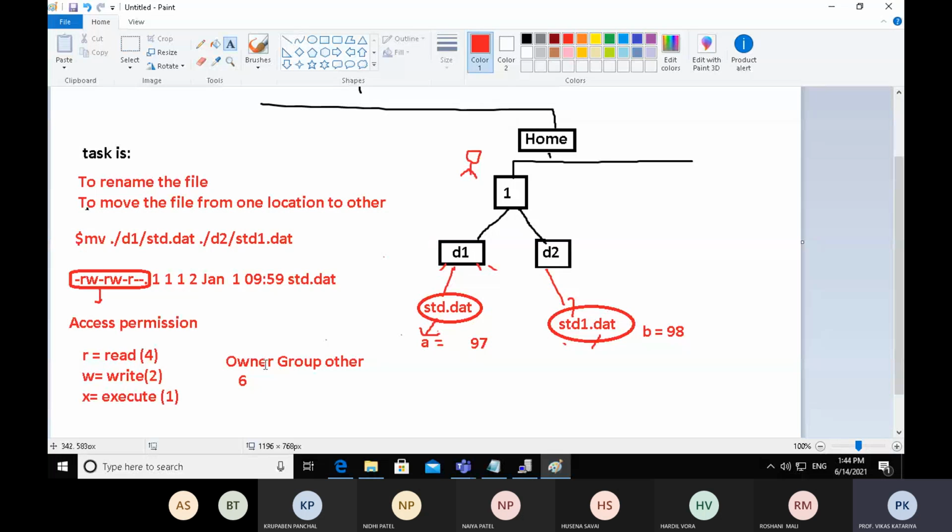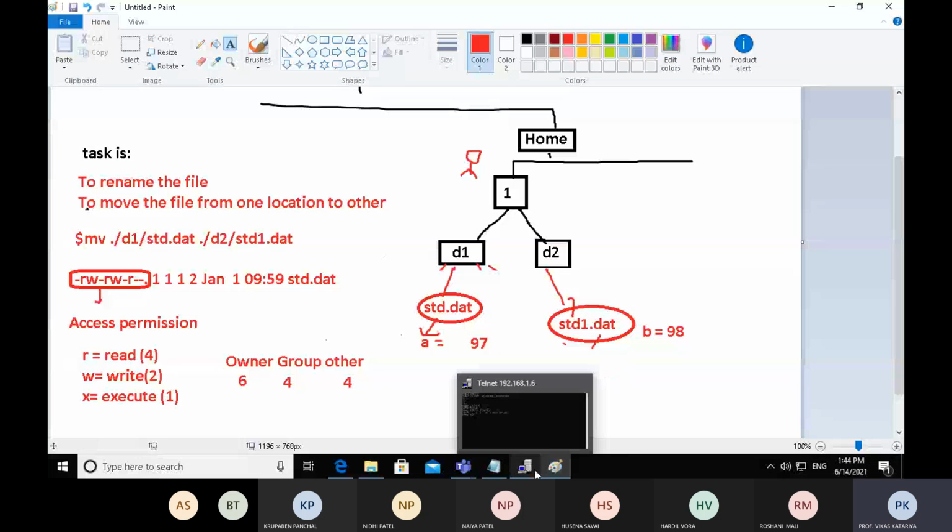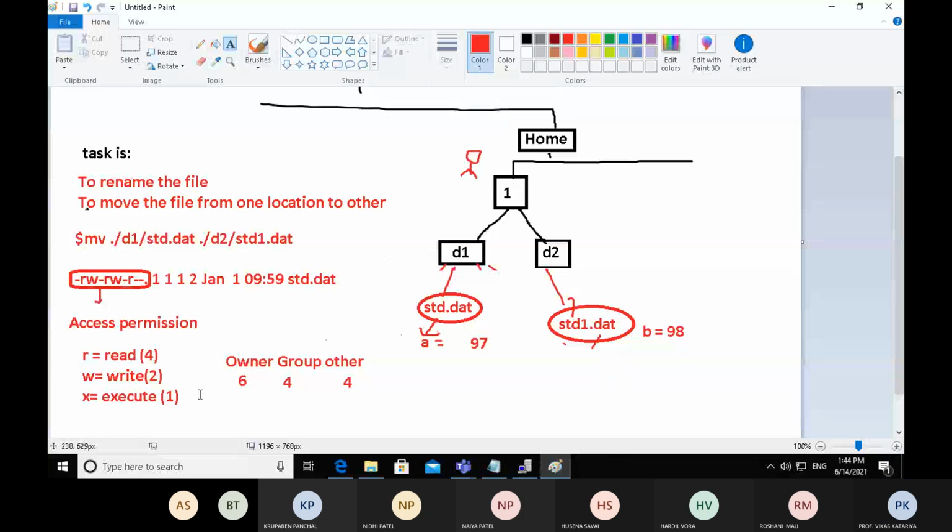If we change the mode to 644 for a file, we are giving read and write permission to the owner, only read permission to the group, and only read permission to other. 644 has this meaning. So RWX, RWX, and RWX. If you provide 777, it means the entire permission to everyone.